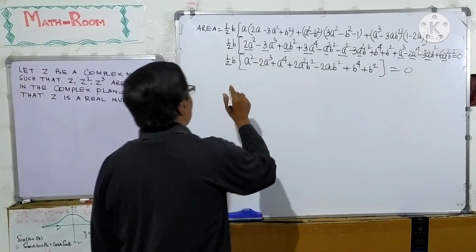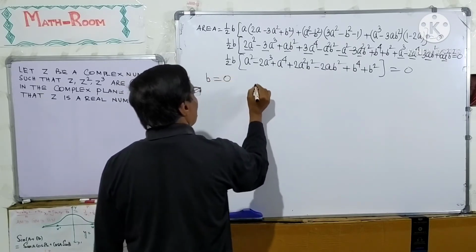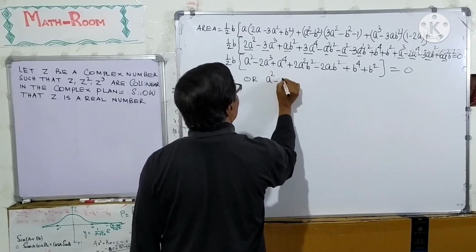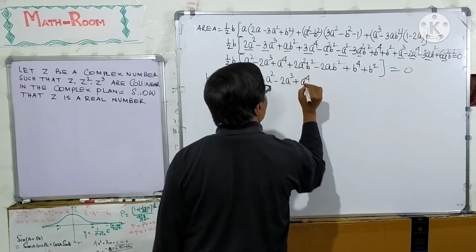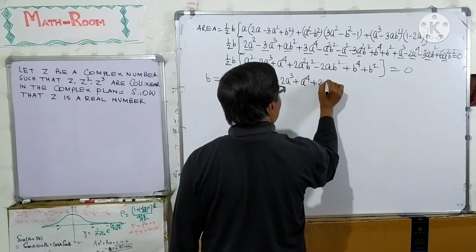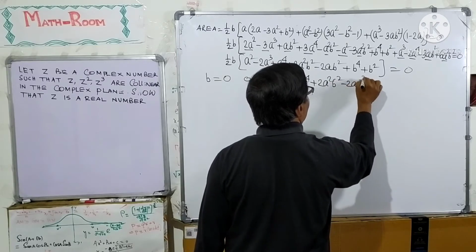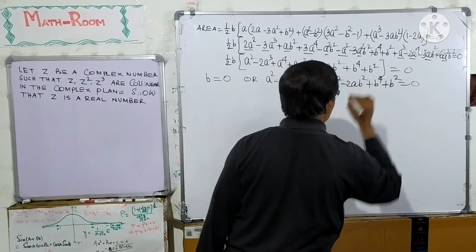So we can write b equal to 0 or a square minus 2a cube plus a4 plus 2a square b square minus 2ab square plus b4 plus b square equal to 0,